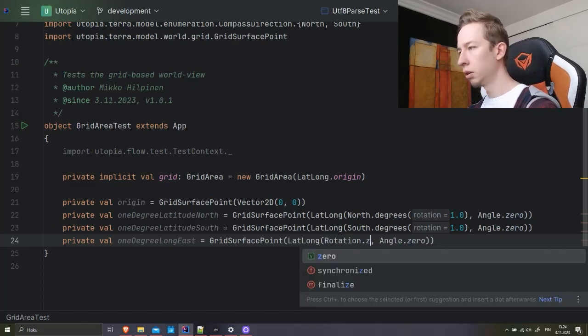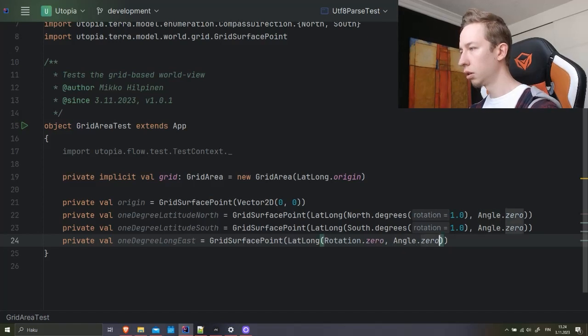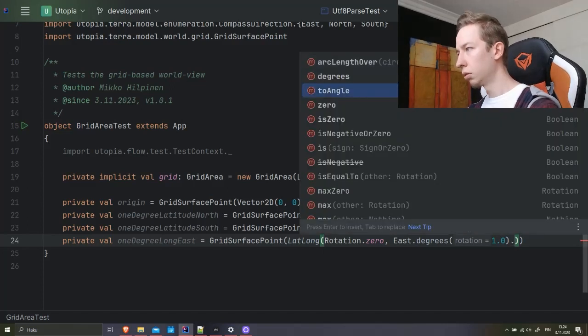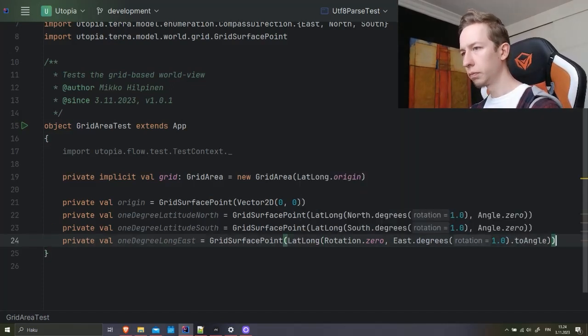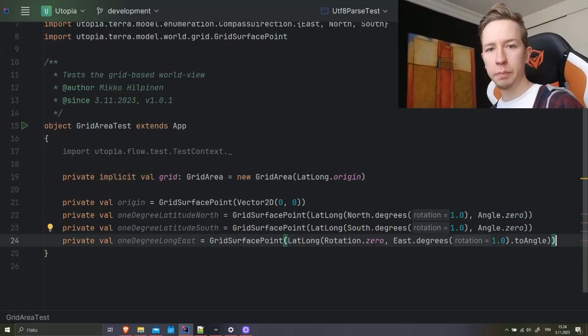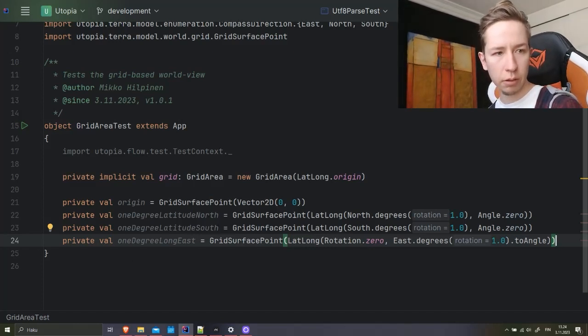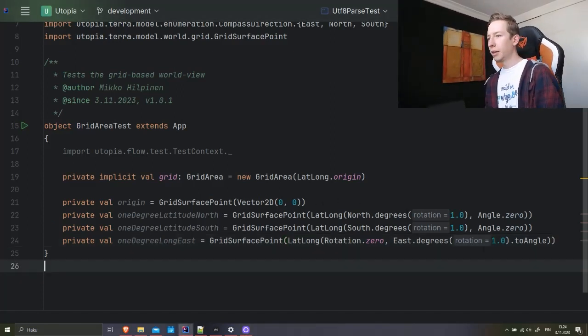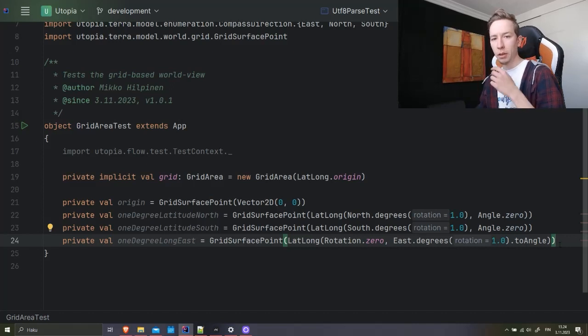Rotation 0 and east degrees 1.0 to angle, I guess. Yeah. So with this I'll just change quickly this cropping. I don't necessarily like it. Anyway, with these